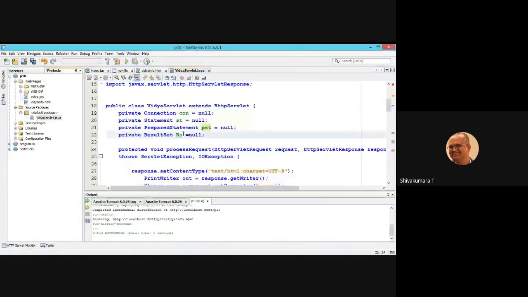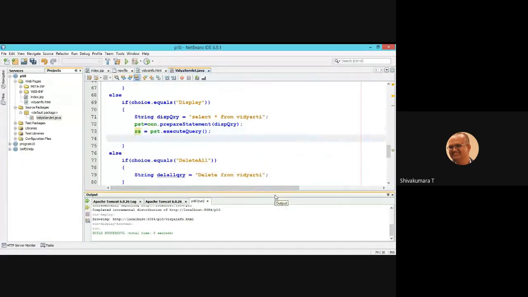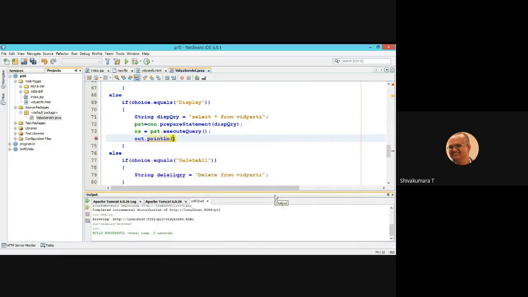RS, result set. So result set equal to execute query. Now check in the result set. If you have only a single value, it will display a single row record. If multiple values, you need to iterate over the result set by using the getX methods of the result set object.